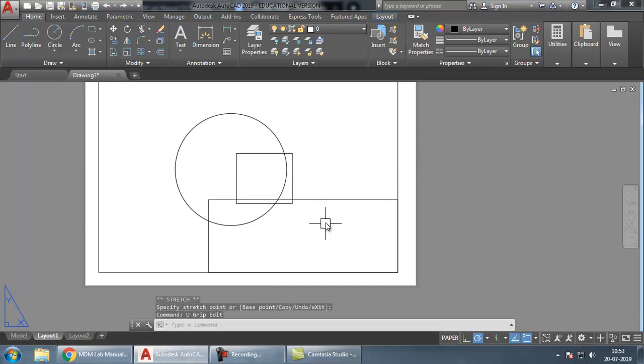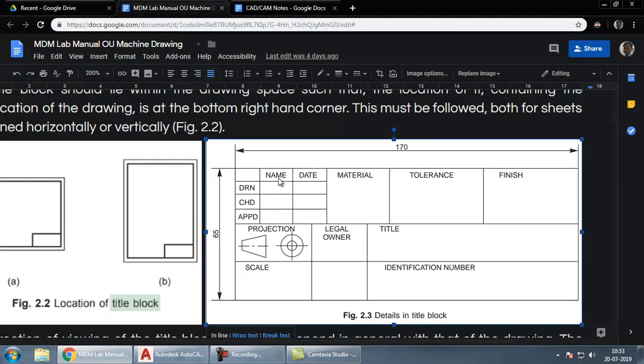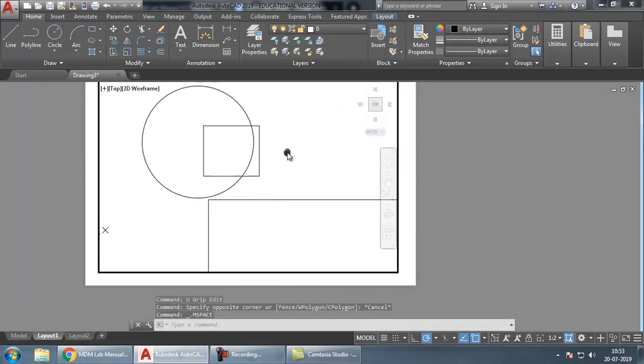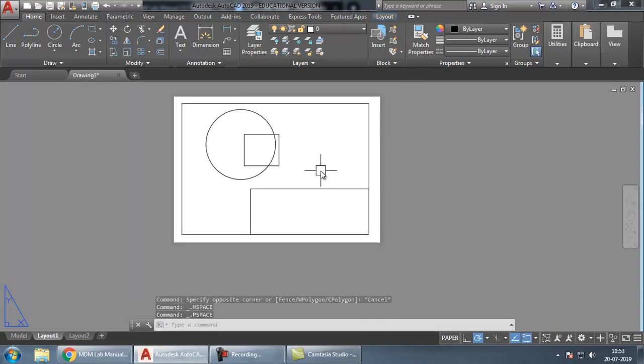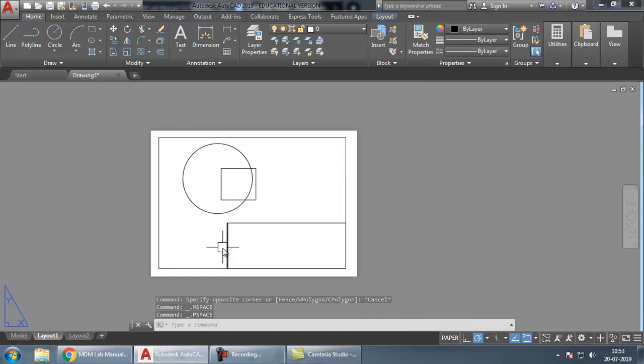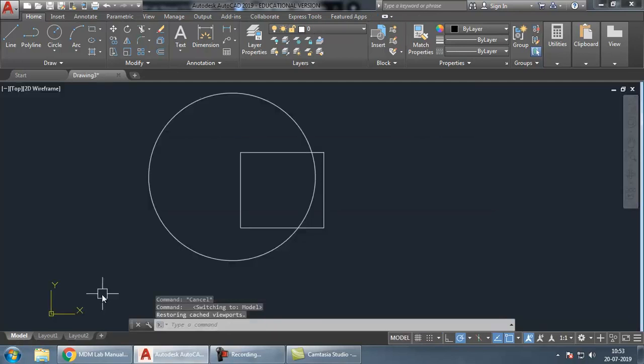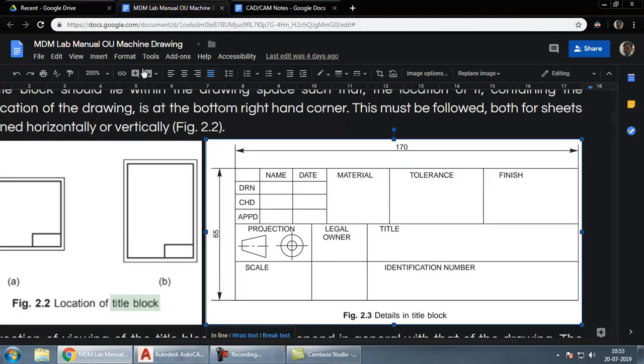Fine. So now these lines you can offset and create copies of that to get this complete table. Once that complete table is done, you can just move your diagram here and double click outside, or you can click here. You are back in the paper space. Now the scale here is 1:2. Clear? So now the layout is set. So both the things that we had, they have been set.